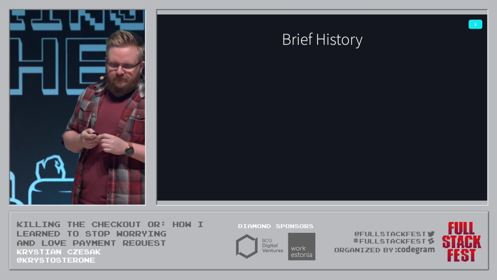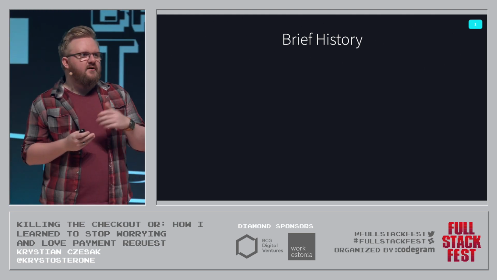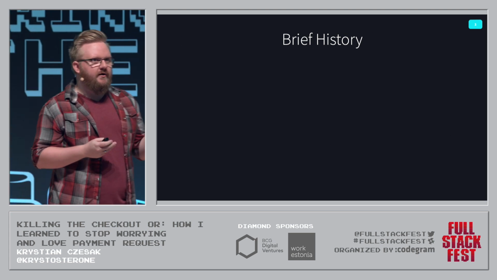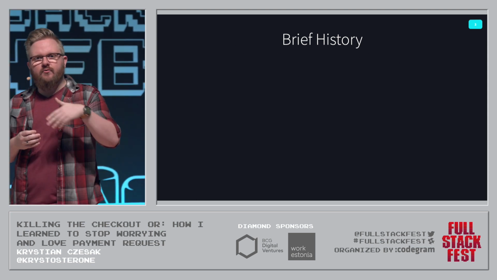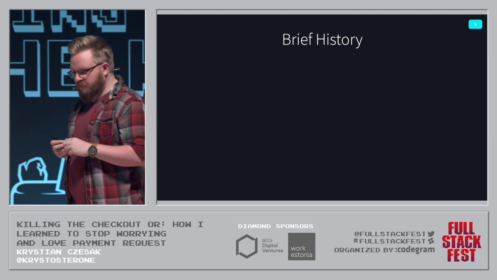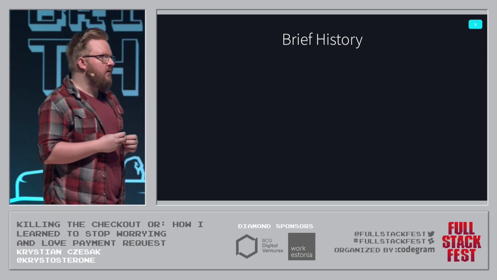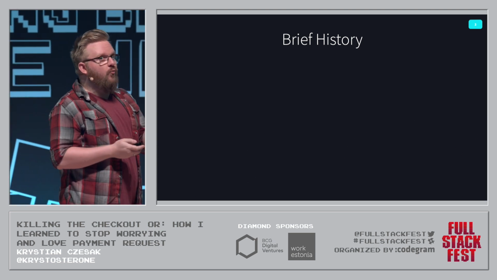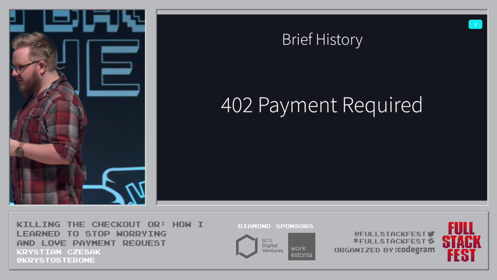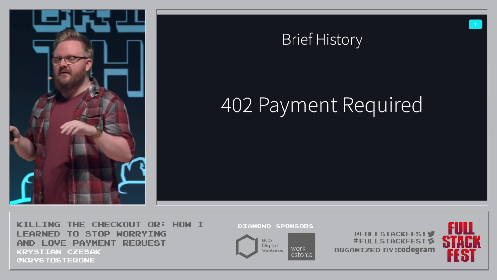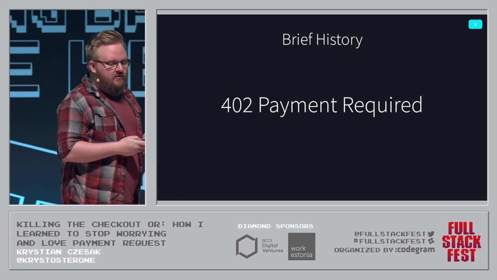So brief history. When the web first started with the HTTP spec, it first started with HTTP 0.9, created by Tim Berners-Lee, then transitioned to 1.0, 1.1, et cetera, and 2 as we know it today. But at the very beginning, there was no mention of status codes for payment processing. Well, there was one, right? And that status code was 402 payment required. And it's interesting because it's the only one that mentions payments in its name and is supposed to be used for payments. But if you look at the description,